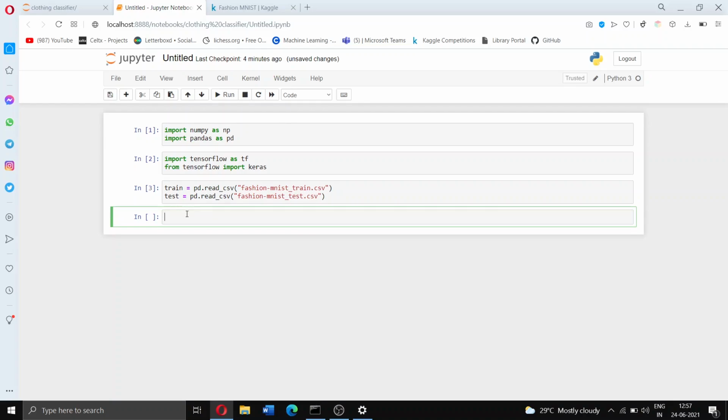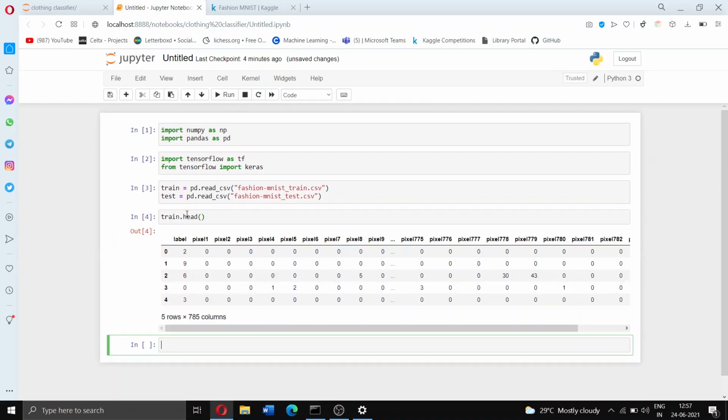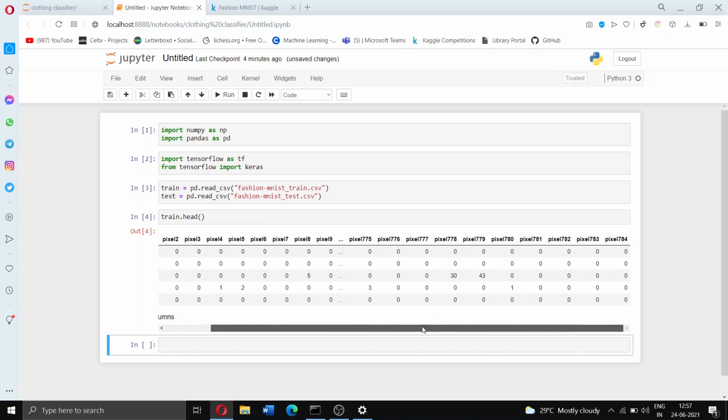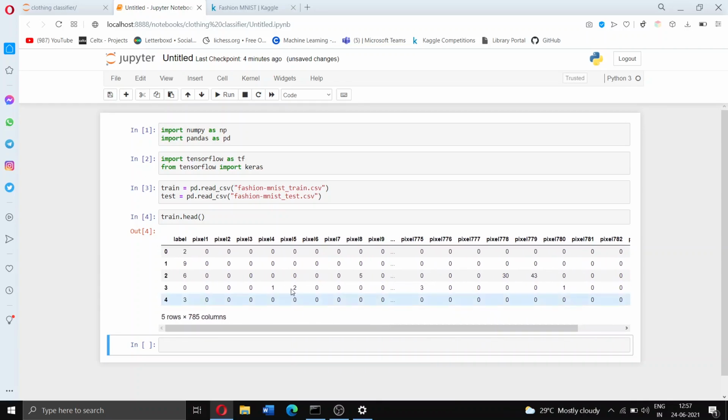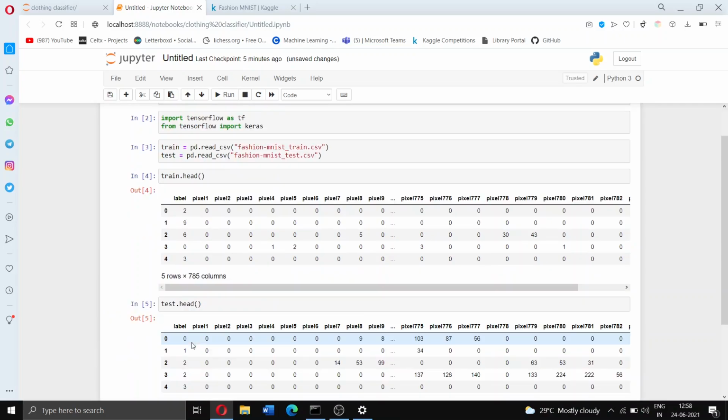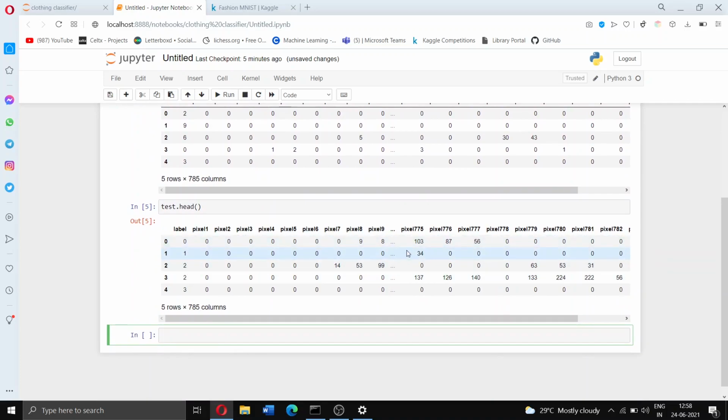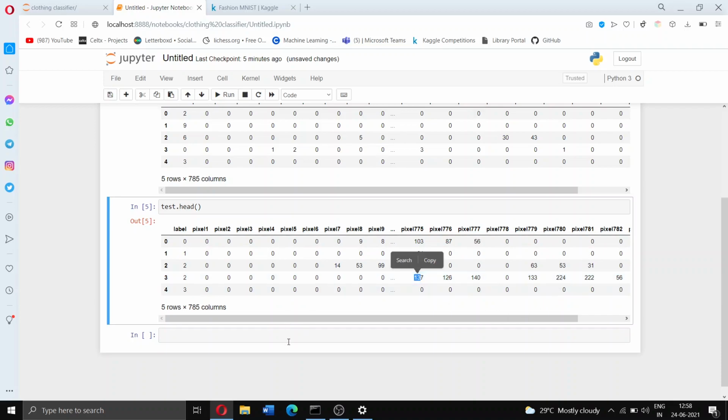And now let's try and visualize it. So yeah, let's see what's stored in train. So let's see train.head. And yeah, like we discussed, the first column is the label, which specifies exactly what is stored in the remaining pixels. And all the other columns are the pixel values. So these go from 0 to 255. So when it's 0, that means the pixel in question is pretty dark, and 255 is the brightness again. So it's a really bright pixel. So let's see test.head as well, and we should get a similar thing. Yeah. So there's a label and there's pixels. So here you can see the values go up to 255. So it stops at 255.